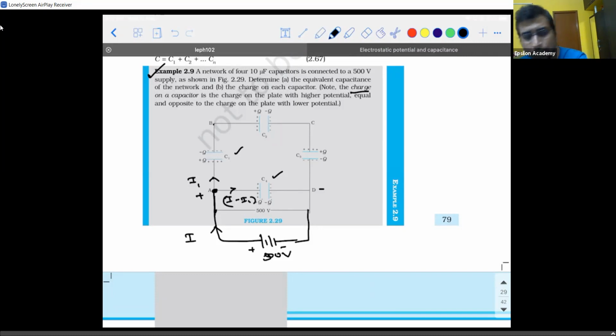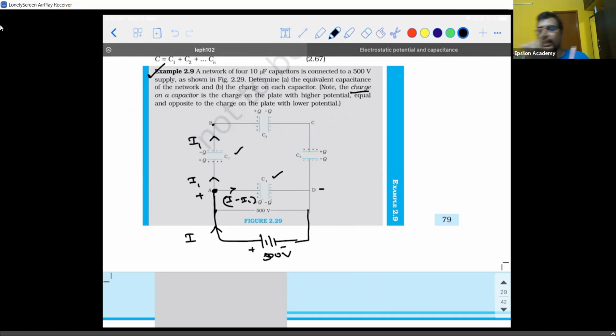Again, as I told you, with respect to capacitors, there is no concept of current. If you want to make a note, please make a note: capacitors do not allow current to flow through them. They will only store charge. All these reasons you will learn later. So I1 is there. If it goes to junction B, from junction B, is there any division of capacitors taking place? So this current, I1, what will happen to it?